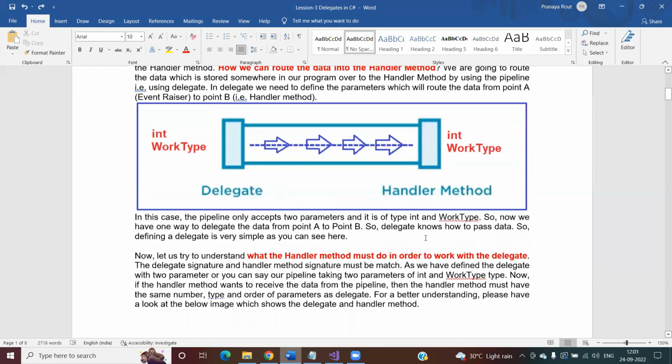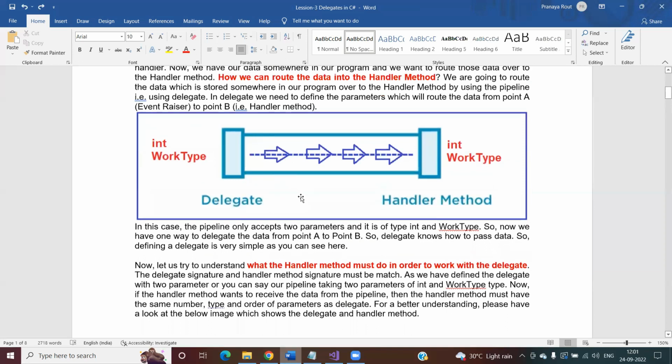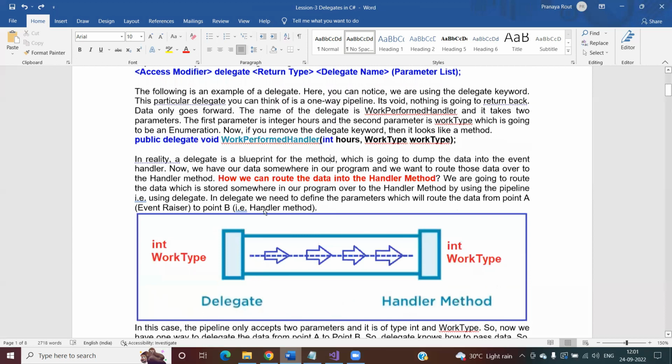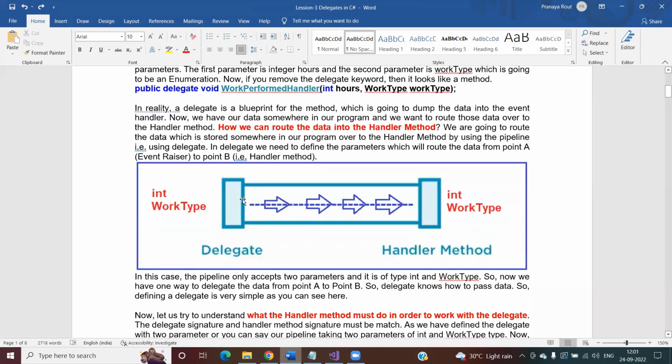handler, right? And in this case, if you look at this delegate signature, this is nothing but the pipeline. As this pipeline contains two parameters, integer hours and integer work type, whenever you are going to send the data, you can only send those two pieces of data. You cannot send other data, right? And this handler method, if it wants to get the data from this pipeline, again, this handler method should have these two pieces of data type, right? If this handler method doesn't have integer and work type data types, then it cannot get the data from this